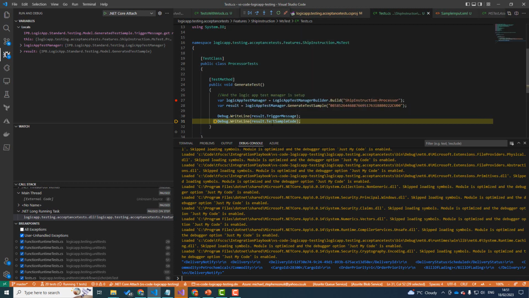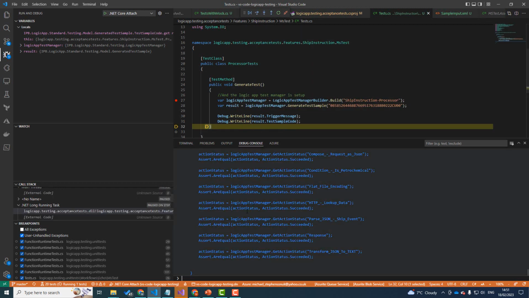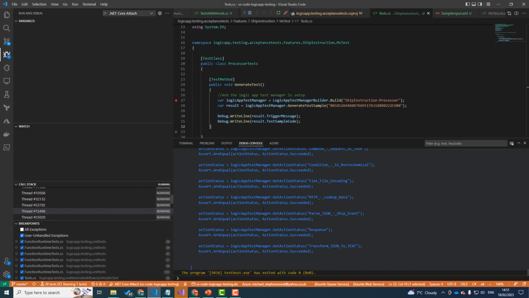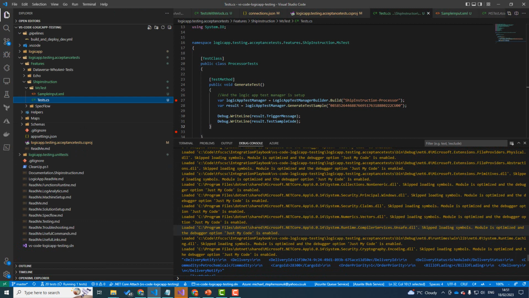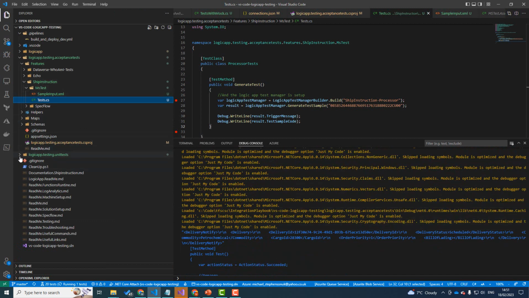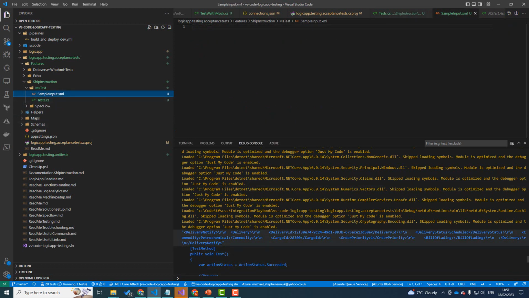So these are the two properties that give you the generated stuff that you need, and then we can just let that play through. Now, what I'm going to do is over in my files over here, so you can see I've got this sample input here. So I'm going to just copy this XML out of here,